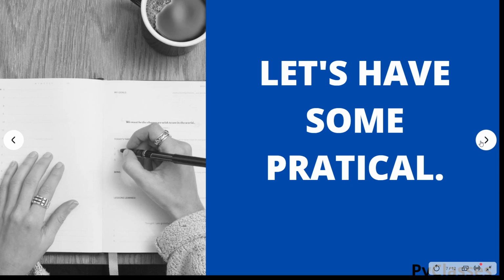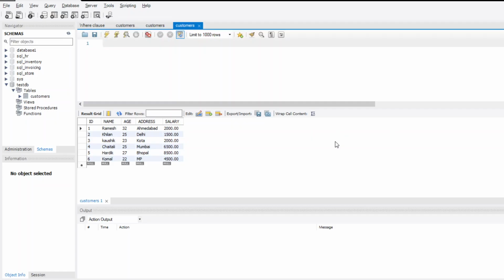So let's have some practical now. Here we will see how to modify an existing record from the customers table using update query. As you can see, I have MySQL Workbench opened up and I have connected to the server by typing in my password. So now in the text editor we will write our queries. As you can see, we already have a table named customers which I have used before in our previous lectures. So we will perform our task directly in the same table again.